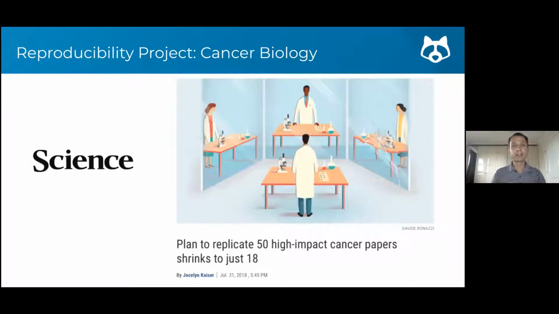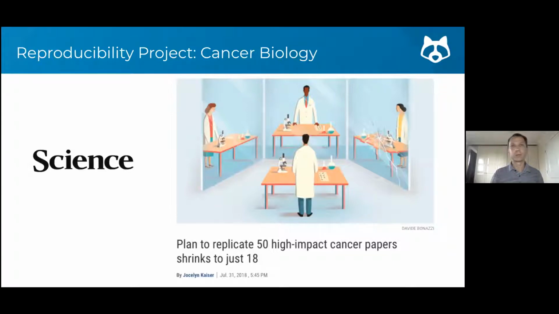But academic or industry, in terms of the problem we're trying to address with protocols.io, a really nice highlight for our reason to exist is this initiative called Reproducibility Project Cancer Biology. This was an effort from the Center for Open Science and Science Exchange, a collaboration that started in 2015.